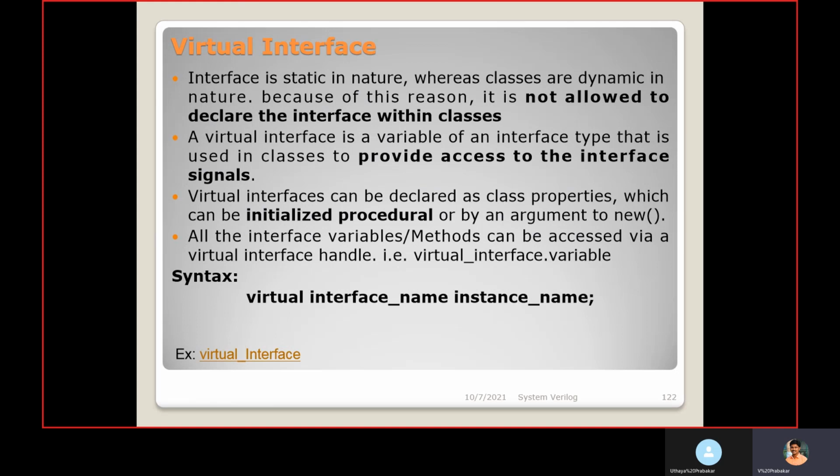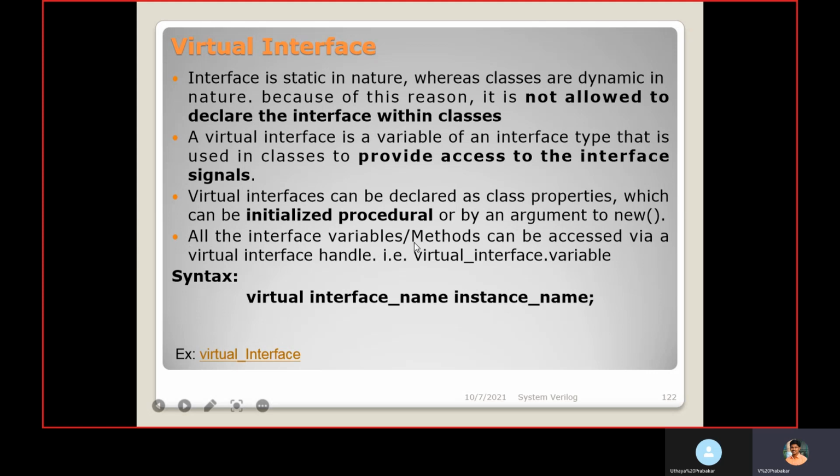If you use the static keyword, a common memory will be created for that. So wherever I need the virtual interface handle, from the place where I declared it as static, we can access the virtual interface handle. What I explained, I will explain again with an example so that you will understand clearly.